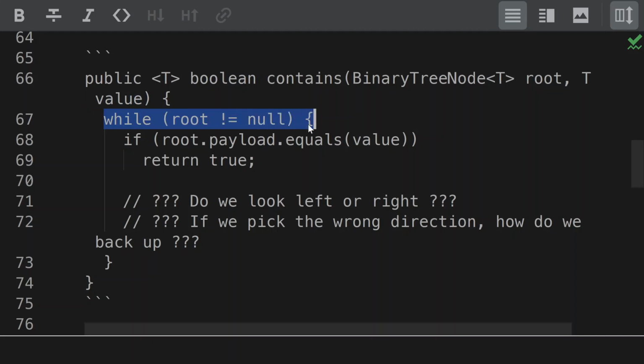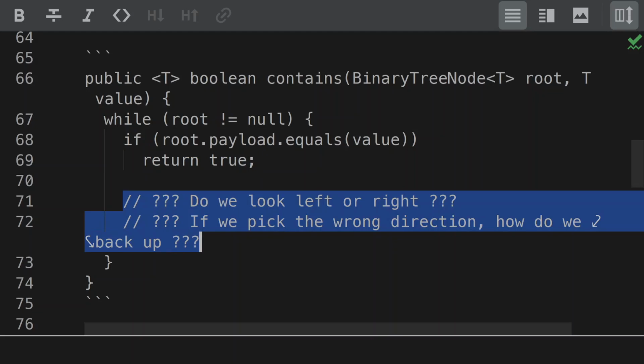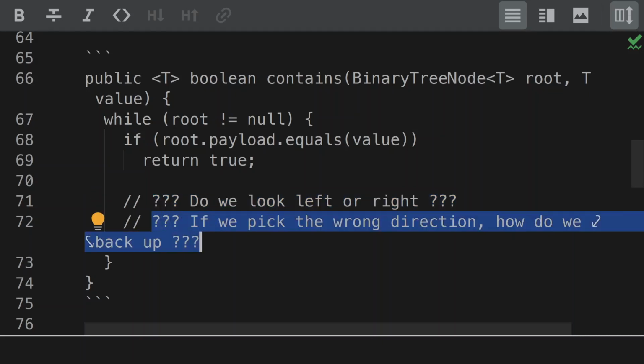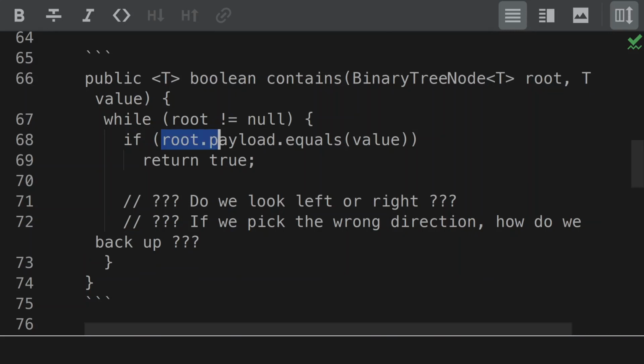Then I'll start looping through my nodes. While the root is not null, I will ask if the root happens to equal the value I'm looking for. If so, return true. But then we have this interesting question of if the value I'm looking for is not presently at the root, but there are more nodes in the tree to search that are children of the root node, how do we decide which way to go? Do we look left or right? And if we pick a direction, how do we back up if we happen to pick the wrong direction? Suppose for a moment that I did something like root equals root.left,